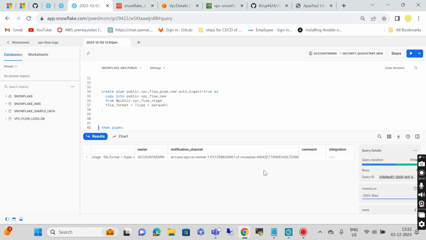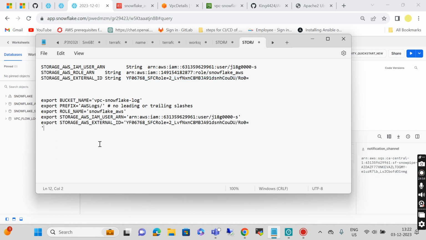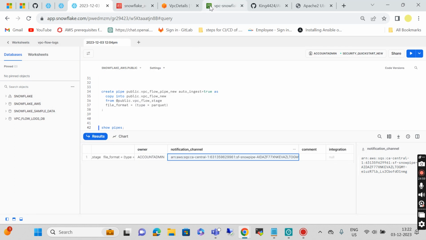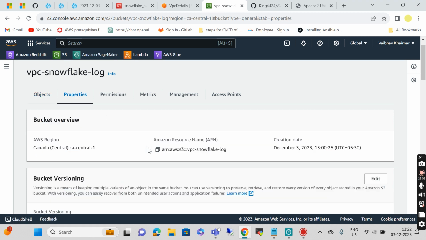Now we have to copy this ARN to generate an event notification. Simply copy it and paste it in our notepad so we can use it later. Go to your S3 bucket. In the properties section,